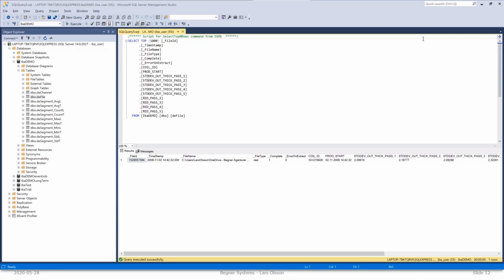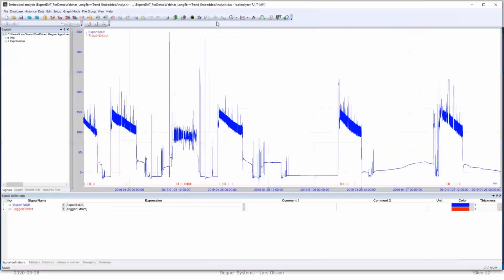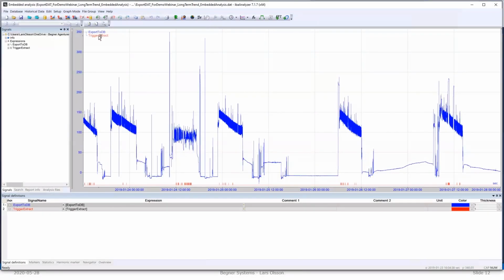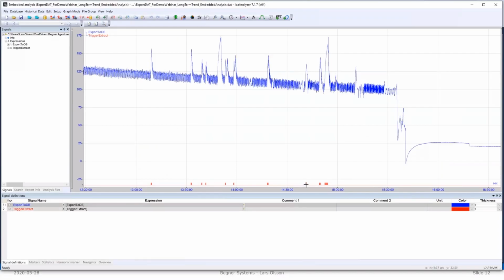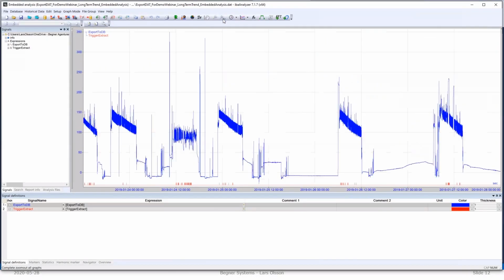And to illustrate this even more, I will now change to another example that looks like this. Just two signals again. Some process signal, the blue one, and the red one now is, let's say, the valid function for when we would like to extract data. So if you zoom in here, it means that for each and every case of the red occurrences, we will extract data from this signal. And this I have already done, but I will now show you how you can read back the data by an SQL